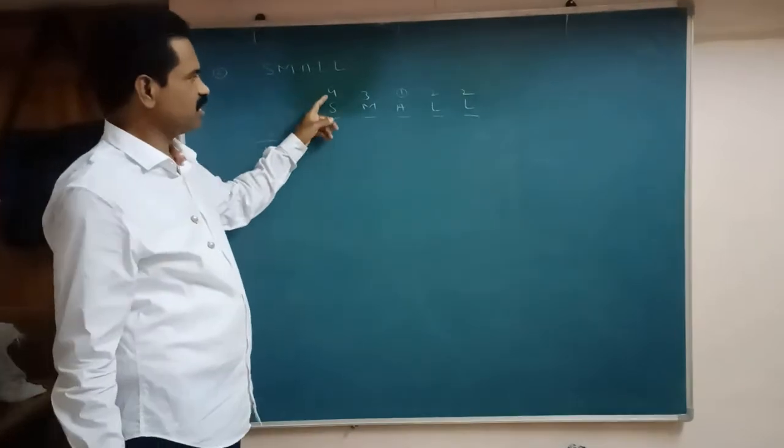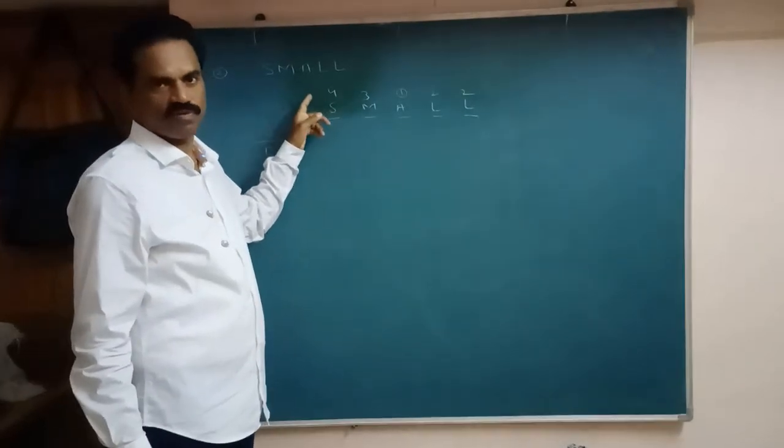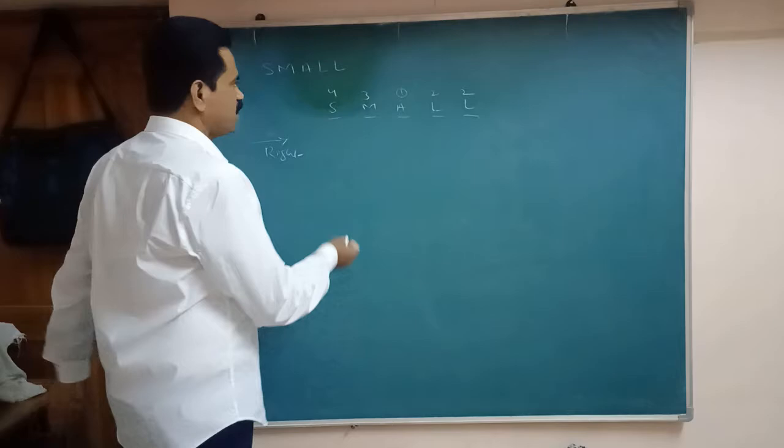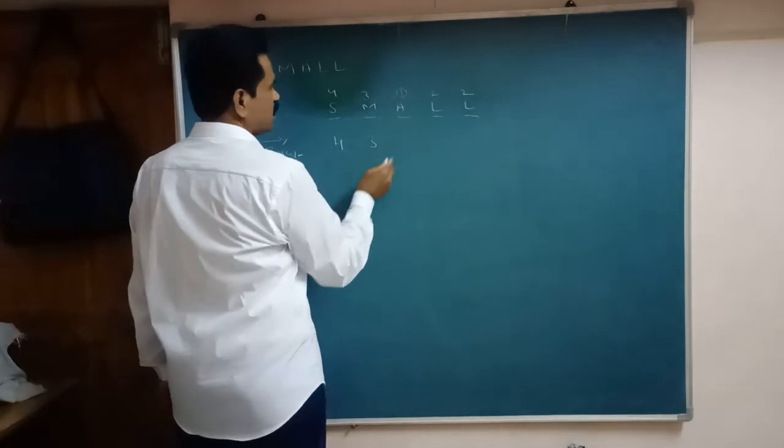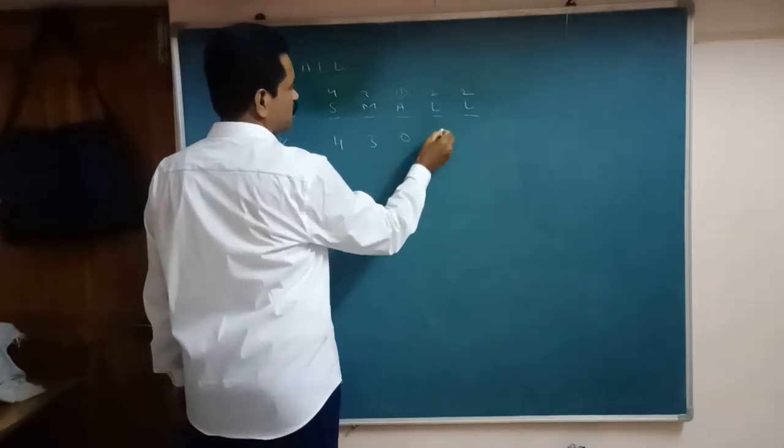Less than, what is the 4 here? 4 in alphabetical order. It is a 4. Less than 4 numbers. How many here? 1, 2, 3, 4. Write down here. 4. Less than 3 numbers. How many is here? 3. Less than 1, 0. Less than 2, 0. It is also 0. Okay?